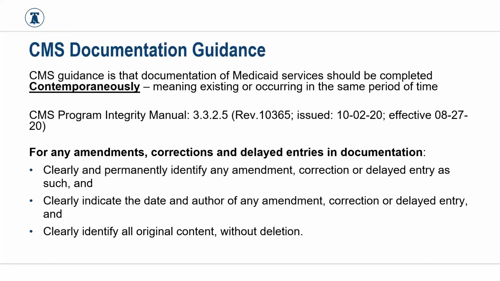That just needs to be clearly identified in the service documentation when another person documents on behalf, why, and it's clearly articulated. So that information can be provided at the time that Liberty is asking for that service